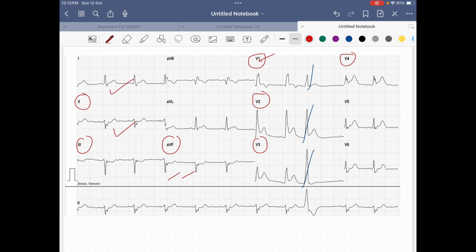We have ST depressions in V6. We have ST depressions in V5. Okay? In all the lateral leads, you have ST depressions. In all the inferior leads, you have ST elevations. In AVR, we have an ST elevation. So somebody might think that there is a global subendocardial ischemia, and this global subendocardial ischemia